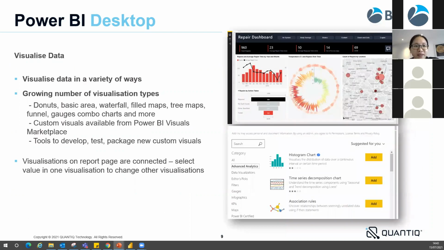And similar to other tools, you can visualize your data from Power BI Desktop. You can visualize data in a variety of ways using the built-in existing charts in Power BI Desktop, like line chart, pie chart, bar chart, anything that you can name.